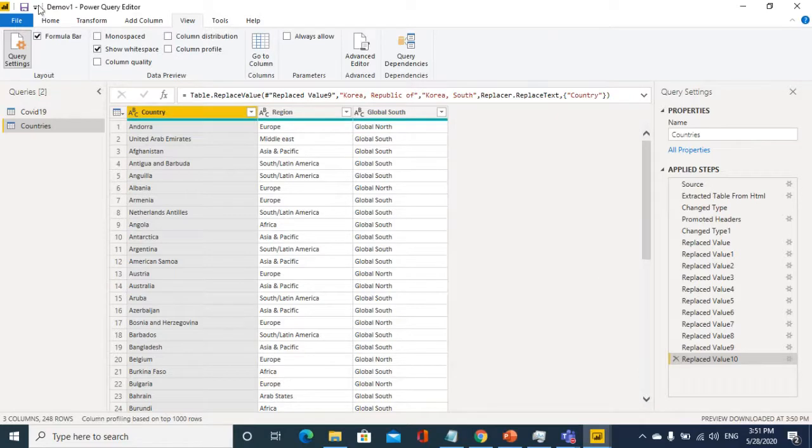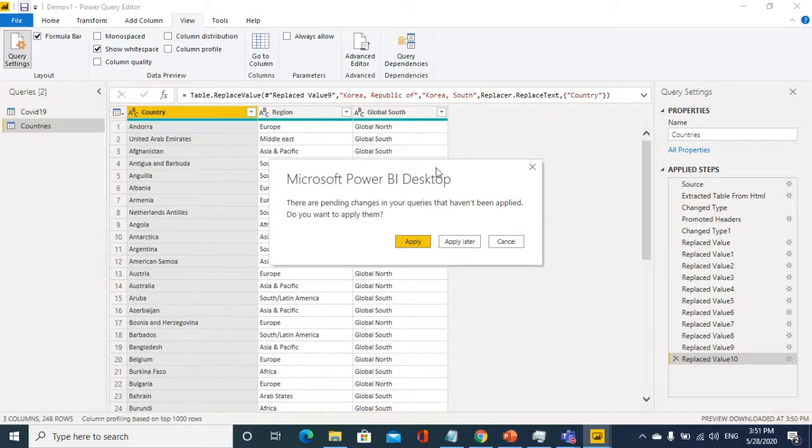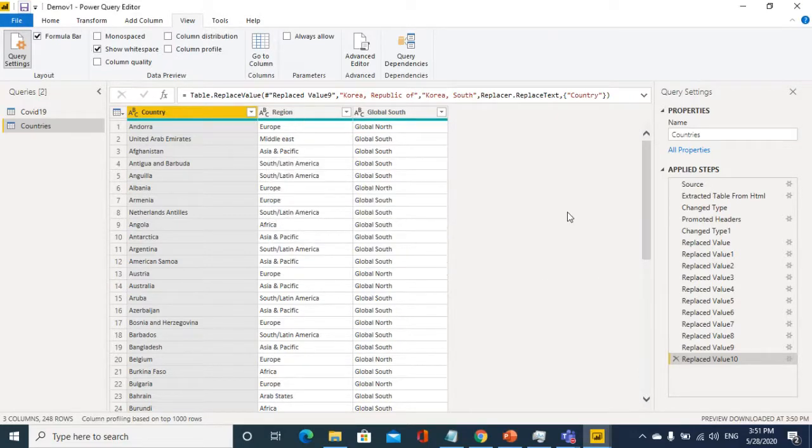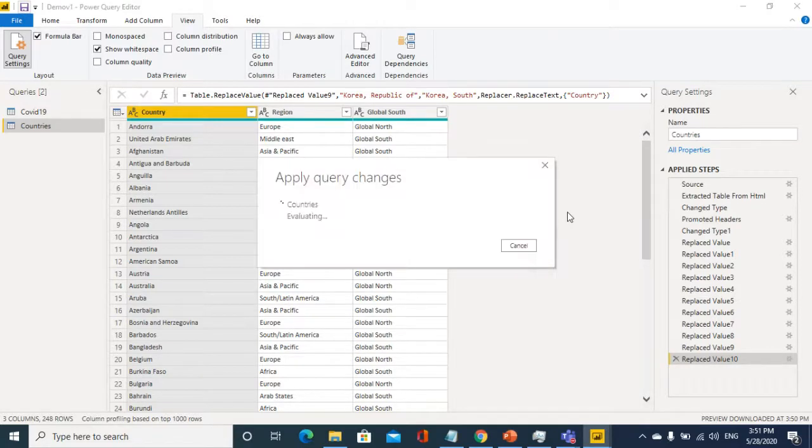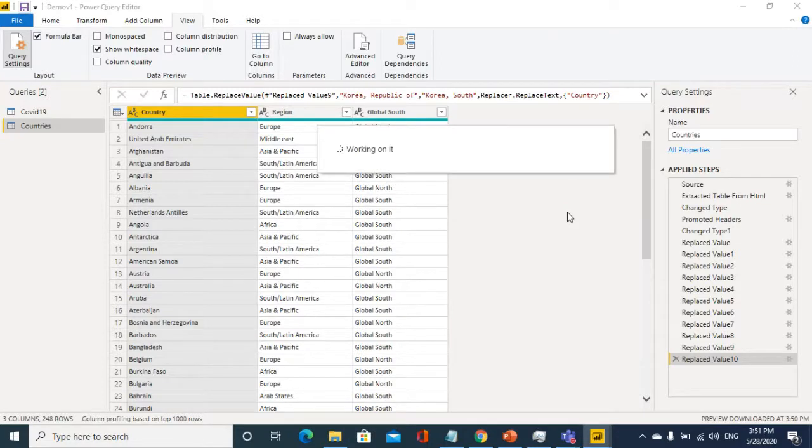So we got this data. Let's save it. Okay, now we can merge the data.